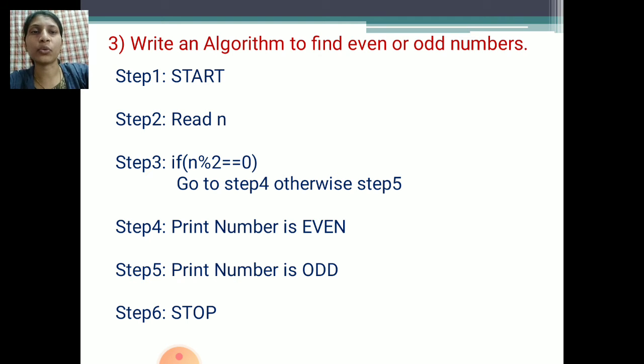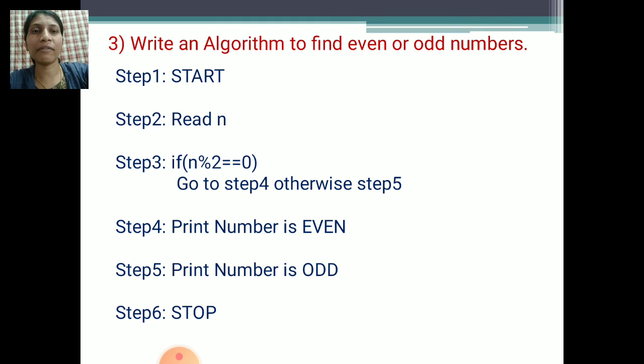Whatever number you have given to the computer for processing, if that number is divisible by 2 and its remainder is 0, that number is an even number.